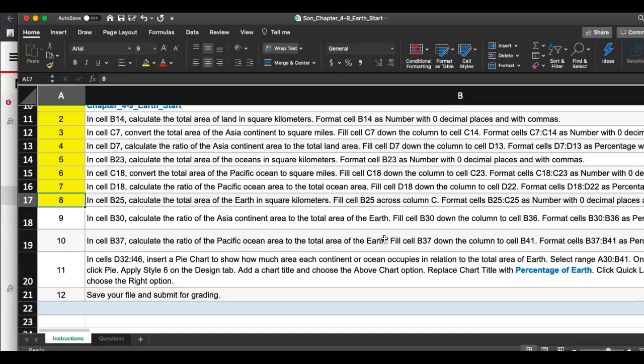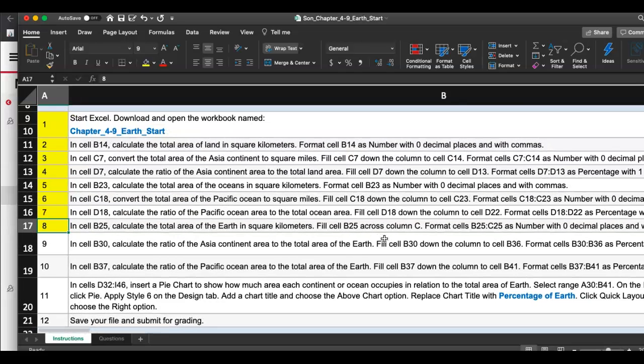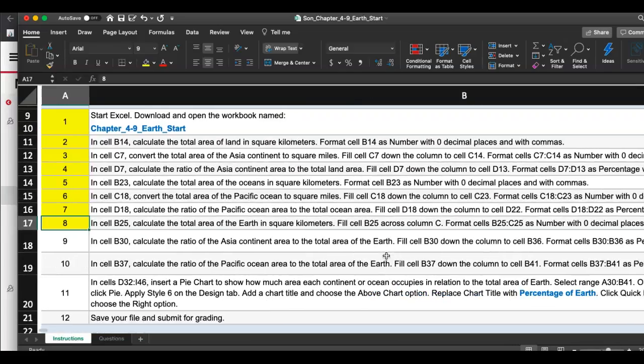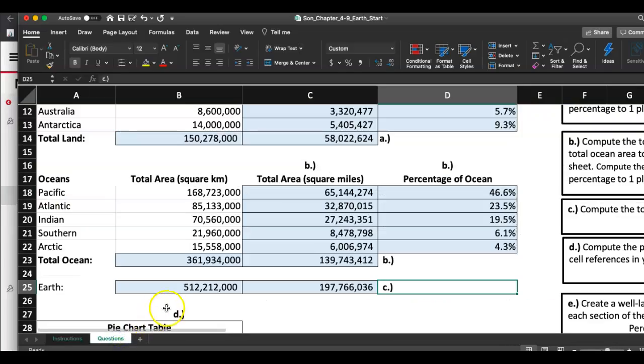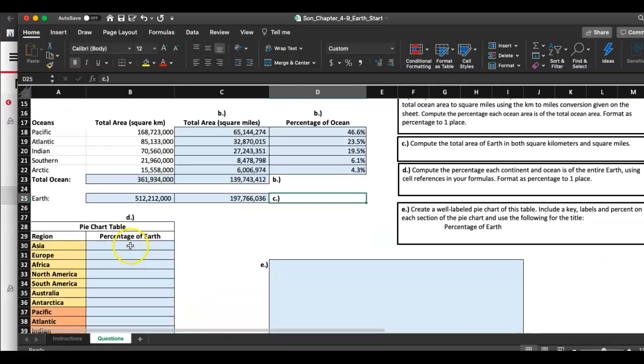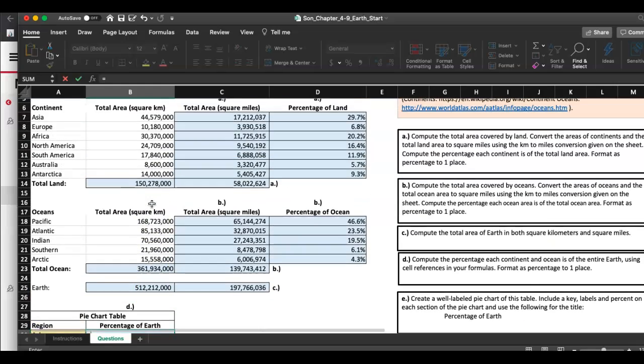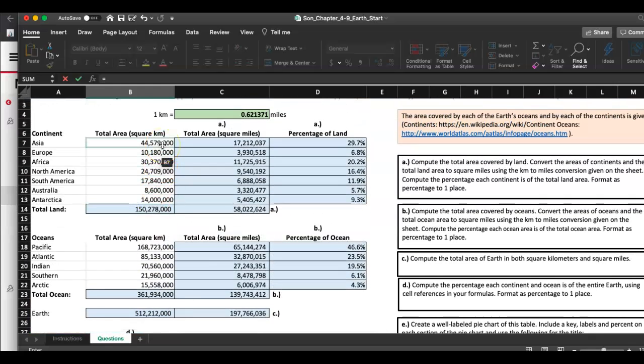Okay. Step 9. In B30, calculate the ratio of Asia continent area to the total area of the Earth. So Asian land to the total area of the Earth, land and ocean together. Okay. We'll do that as percentage with one decimal place, B30. I just have to find all these cells. B30 right here. So type in equal sign and do Asian continent, which is,